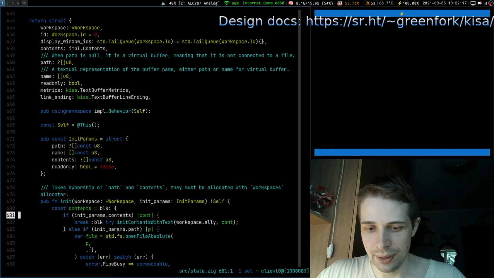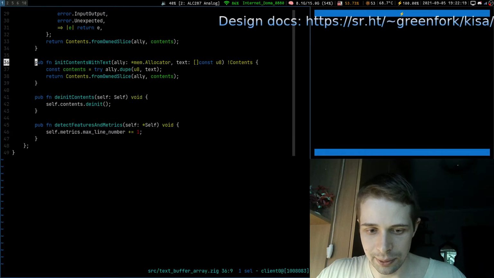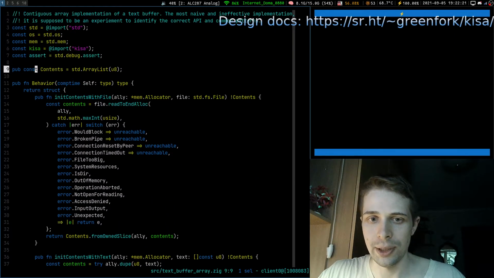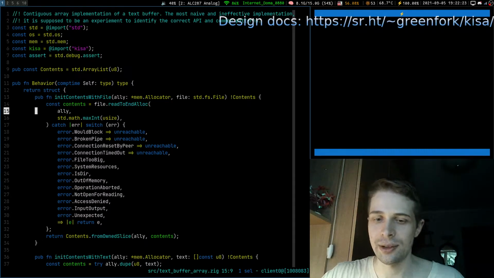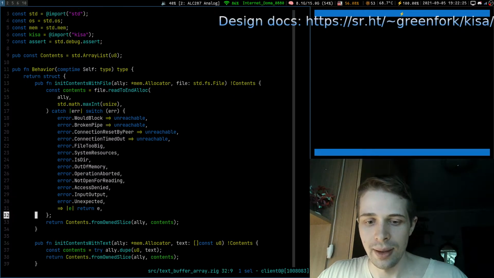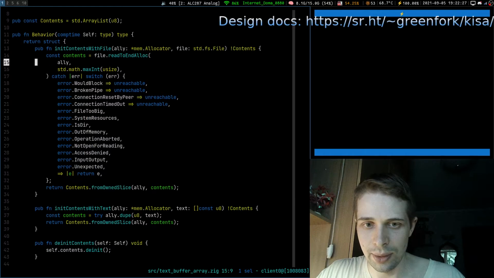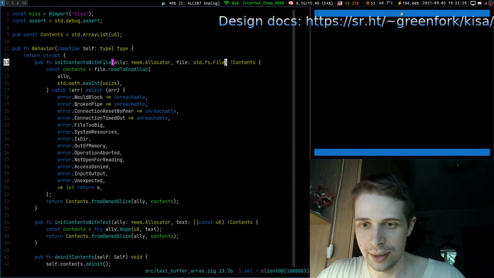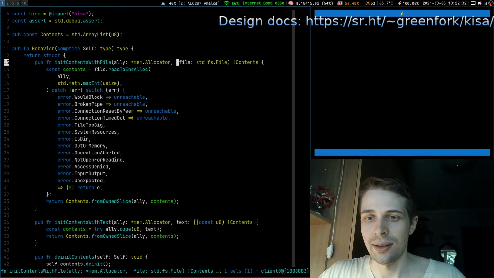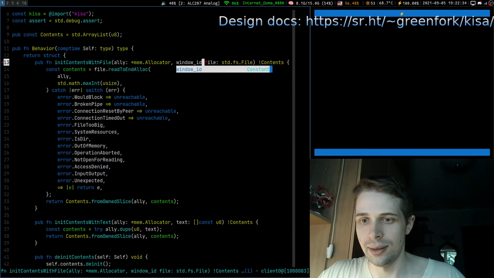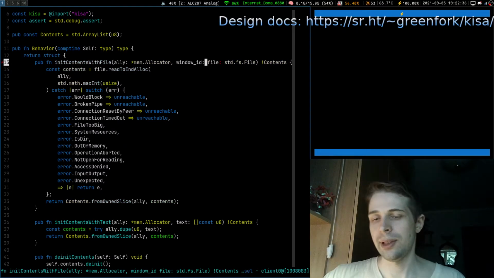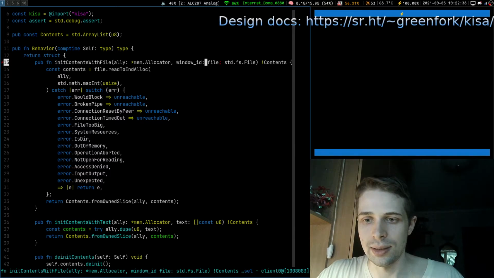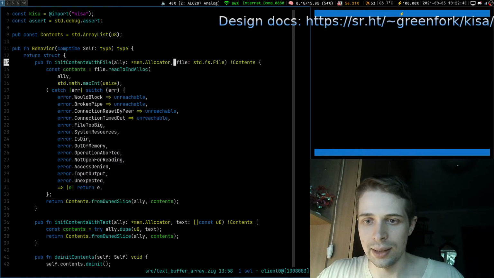One option is that we go to here. This is our implementation, just a dumb implementation, a contiguous array. And we put here, like, a first parameter, window ID, and then we query this window ID and we are fine.